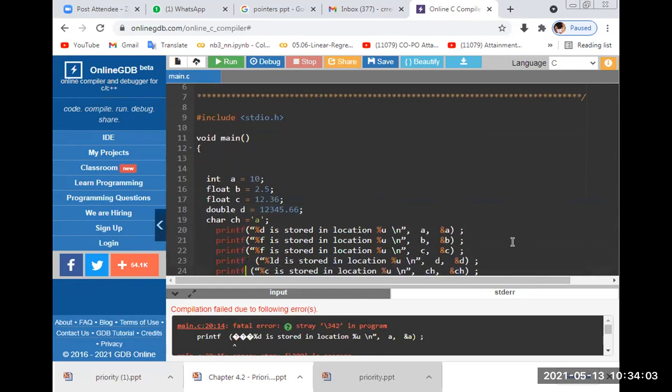Let's see here, I am trying to see the output.